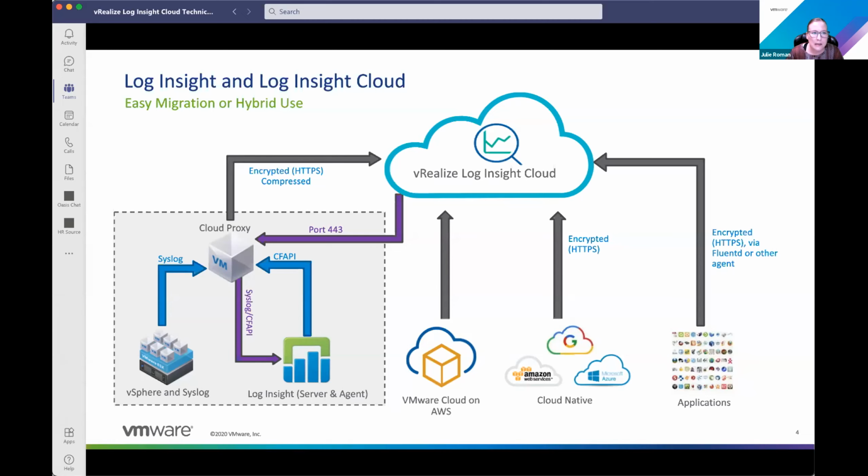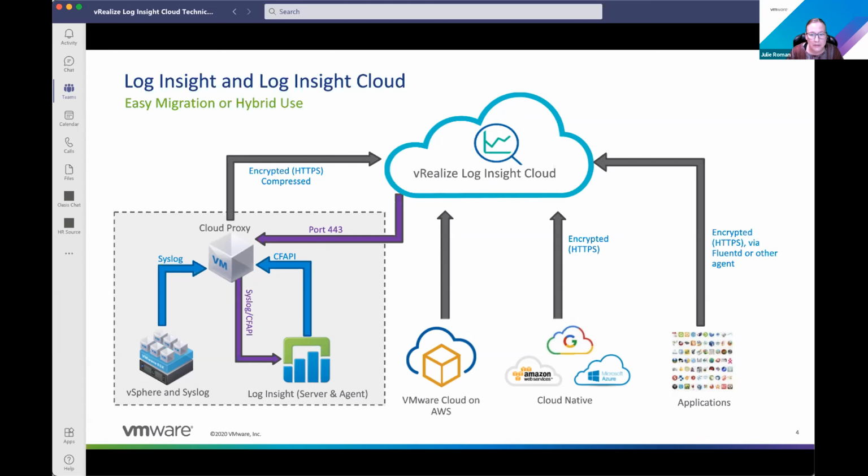And then as far as the content packs, anything that we have out of the box, you would just enable on the cloud side. And then if there was anything custom you created, we have a migration method to import that content. So you would export the content that you needed, and that would be a VLCP file. And then on the engineering side, we have a converter that would convert that over to the cloud version. And then we would import that into your instance in the cloud.